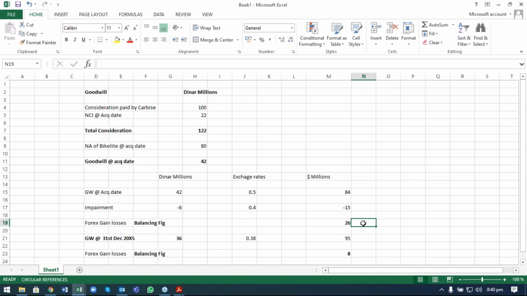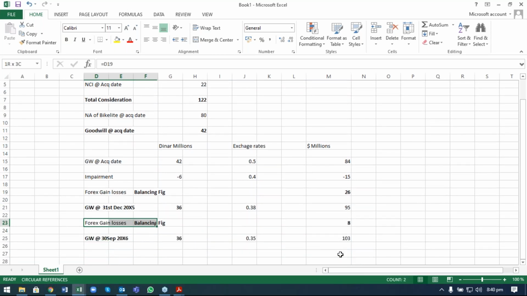Now we are not considering what we are going to do with the disposal item. We are just looking into it. What is the value of goodwill, or what are the foreign exchange gain losses till December? There is another foreign exchange gain reported on the goodwill of the subsidiary, Backlight, which totals 8